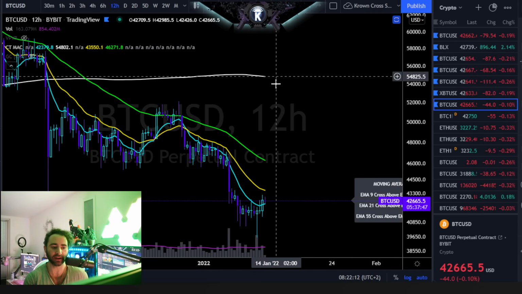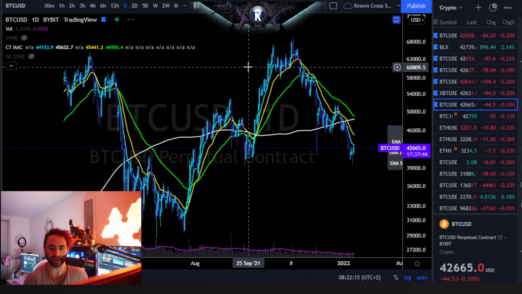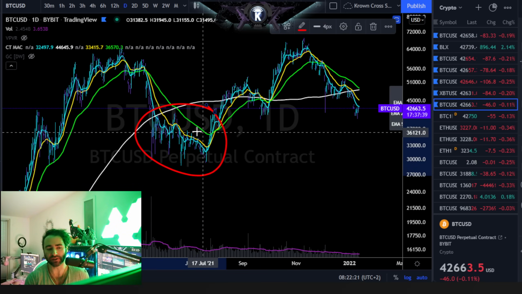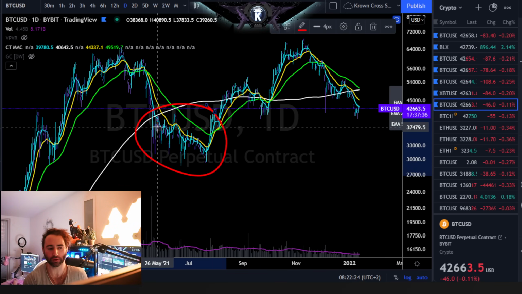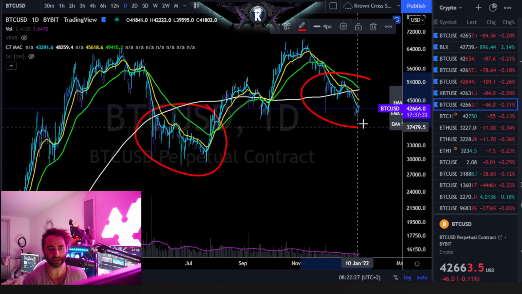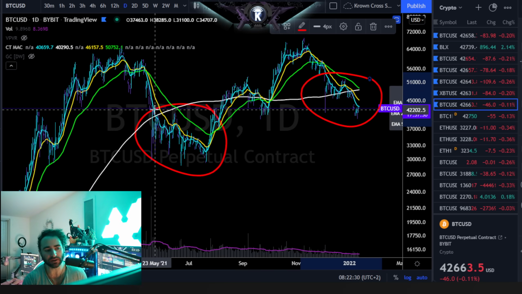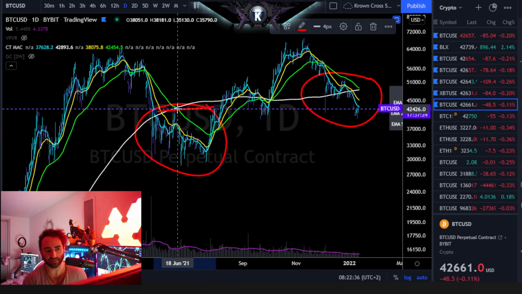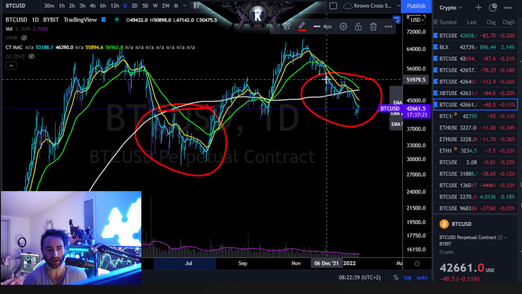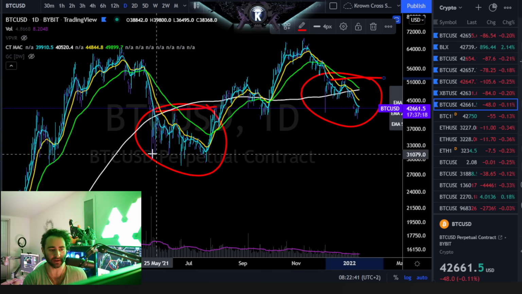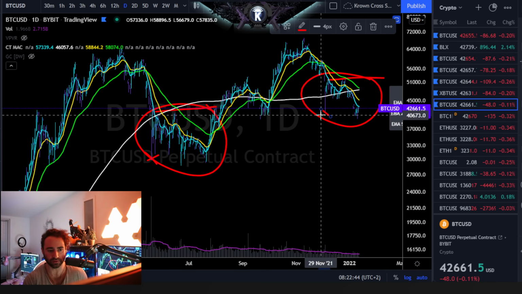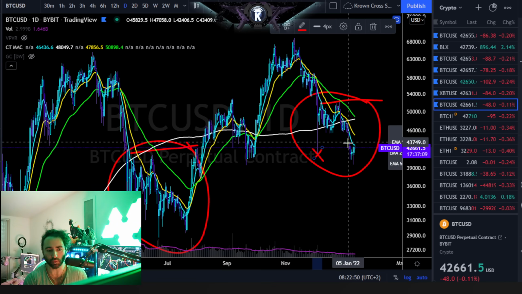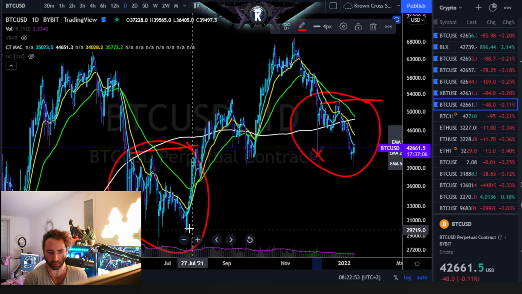So let's go into the price action charts right here. And I want to once again draw out this relationship. I'm going to make sure that you can see all of it, because it is important. I'm talking about this price action right here that we saw over the summer, while Bitcoin put in a major macro base at $30,000. We have a very similar price action going on right here as well. If you watch the range highs right here, you'll notice that spike up comes exactly to the 55, that green moving average, just like you see right here. You see the first low right here, that's our first low. It slinks back over after getting rejected at your range highs. It makes an ever so slightly wick lower low, but no closing lower lows. That's very, very important.